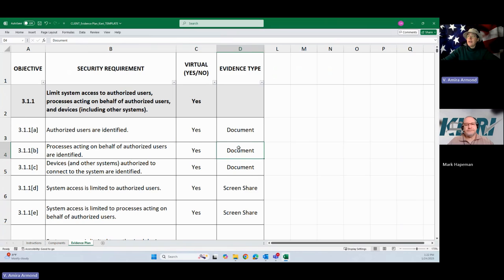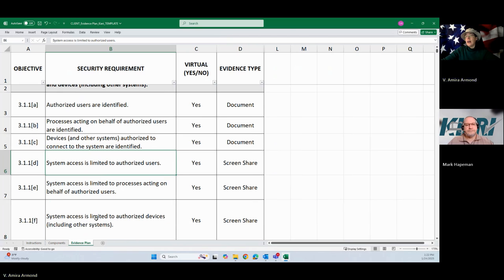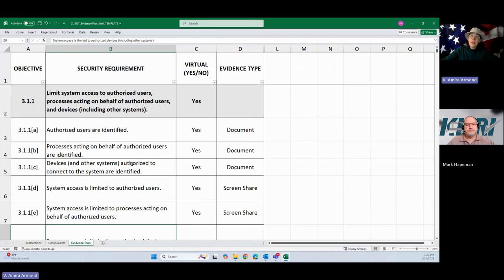We have different types of evidence that we expect per assessment objective. Hopefully everybody knows that each requirement is split into one or more assessment objectives, which each need to be met in order for you to meet this overall requirement. In this case, there's 6 different yes/no questions that need to be yes to meet this requirement, right? For each assessment objective, A, B, C, D, E,